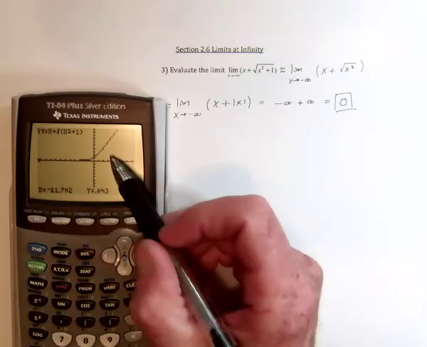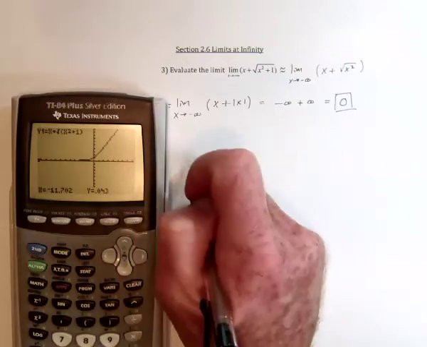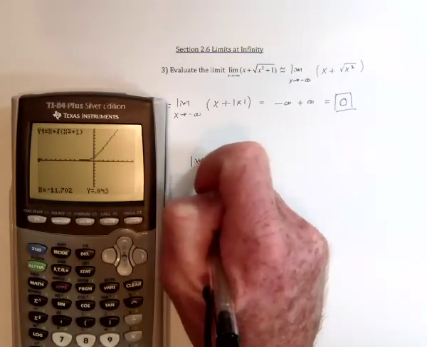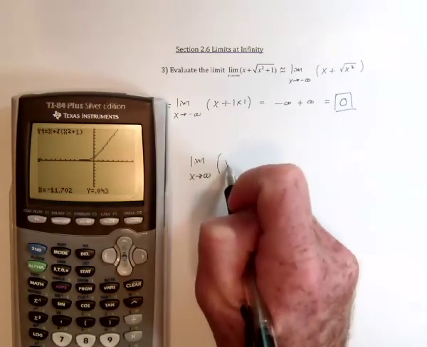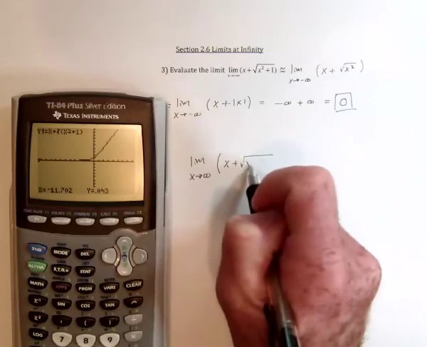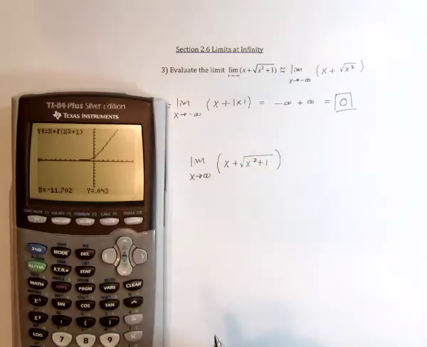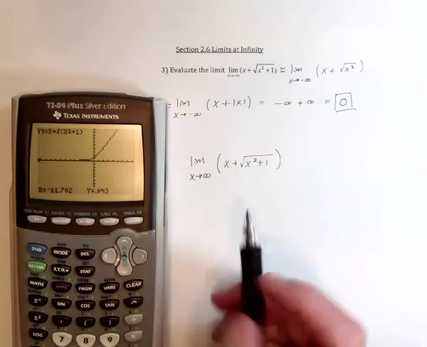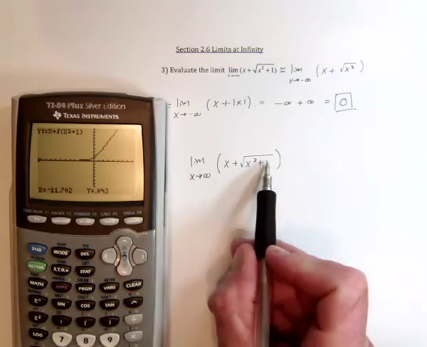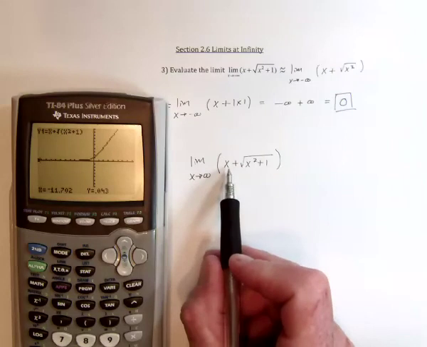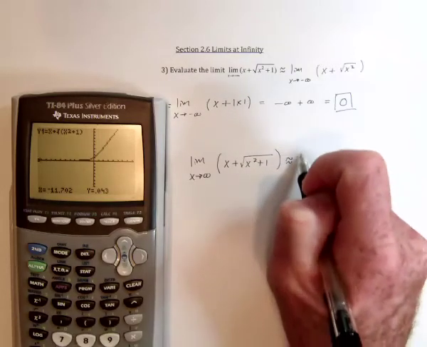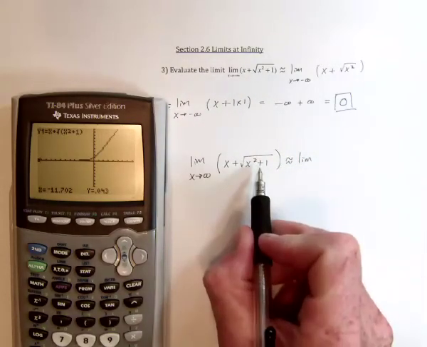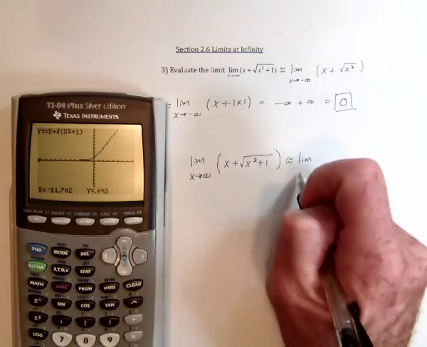Here's another interesting one now that I saw this right side of it. What if it was take the limit as x approaches positive infinity of the same function, well then this would be a positive infinity, just like we got before, and this would be a positive infinity, so that would go up to positive infinity. But notice that if we use the approximation idea and say, well, since it's going to infinity, adding 1 isn't really going to change the answer,